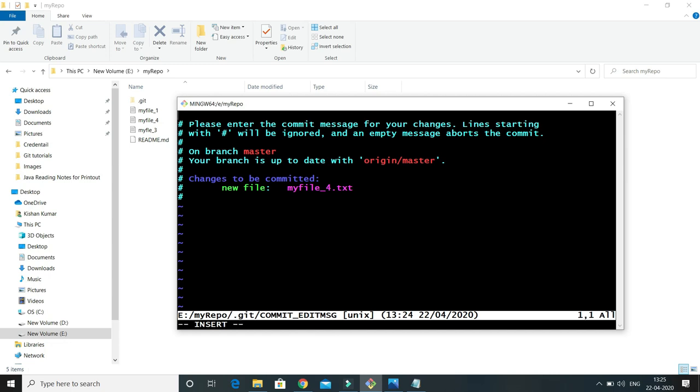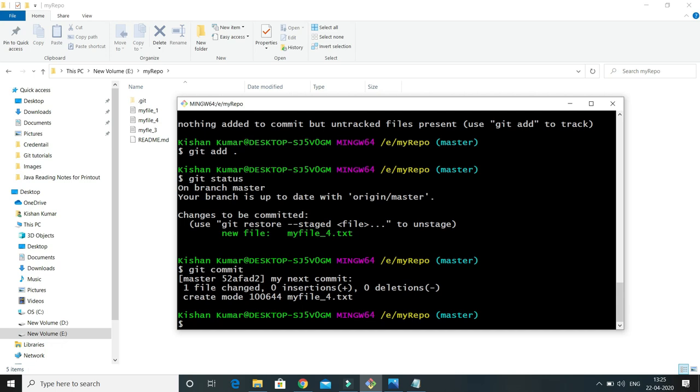I would say my next commit, right? And once you do that, then you will have to press colon, then control C first, then colon wq and press enter. So now we have saved our commit message, and the file has been committed.